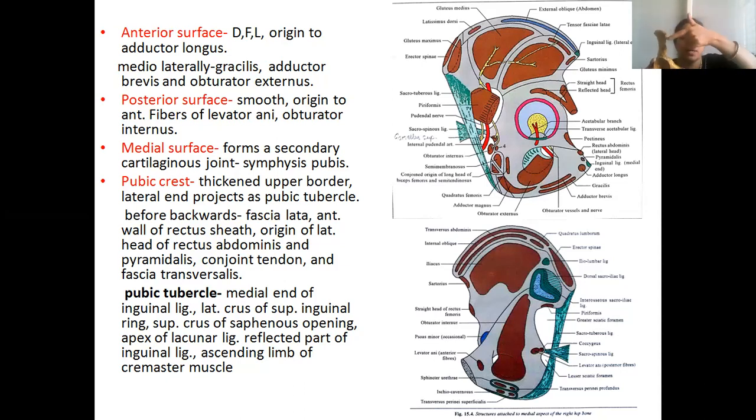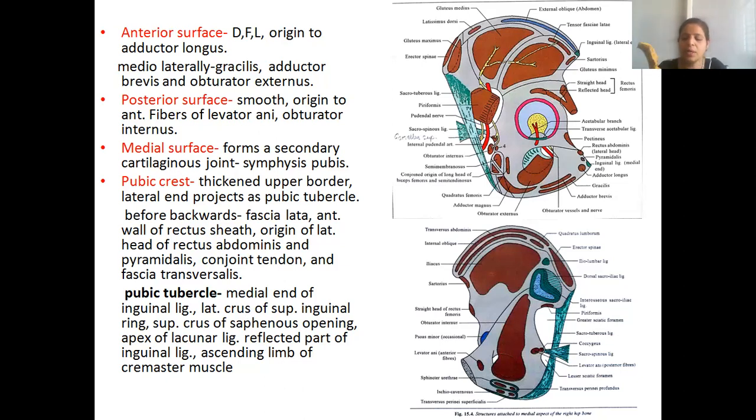The inguinal ligament starts from the anterior superior iliac spine, comes like this and gets attached to the pubic tubercle. I kept a pen over here to make you understand. From the anterior superior iliac spine to the pubic tubercle, you will see the extent of the inguinal ligament. Many other structures are listed here, but you need not remember so many, you will get confused unnecessarily. So the first important things are the pubic crest and pubic tubercle.